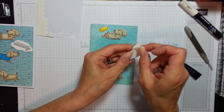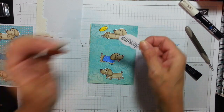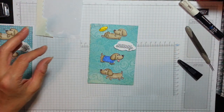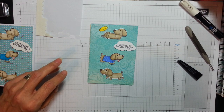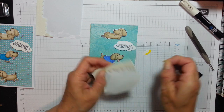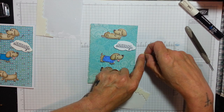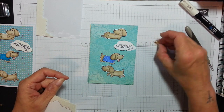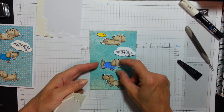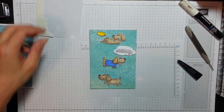And I'm going to find... Oh, I know what I've got. To make it into a talk bubble, I need a small dimensional. There is. Get two on there. This is this pretty little frisbee. Isn't that just cute? I'm going to space these out. But you can see before you pop on your main